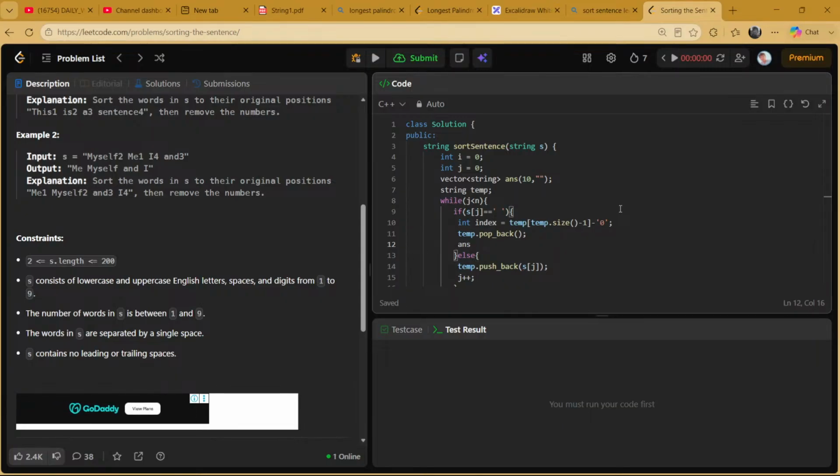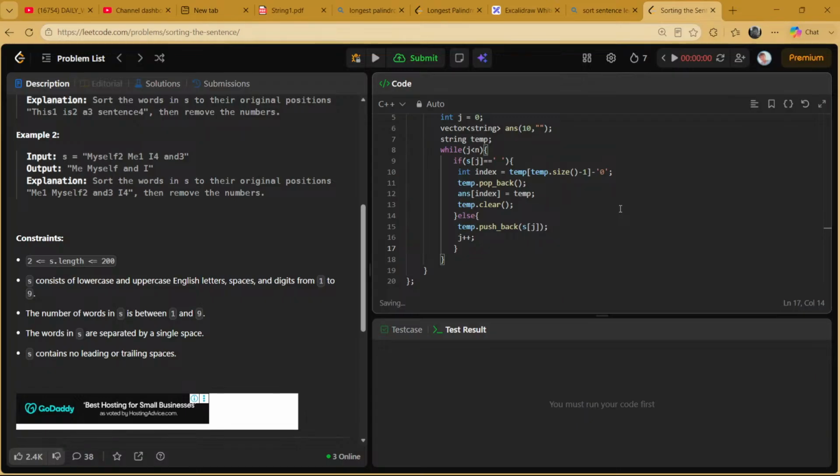I will take the answer of index, and at that point I will store whatever string that I got, so temp I will store it. And after that I will do temp.clear, which means I will clear my temp bucket. And when I come out from that string, when I am on the last index,